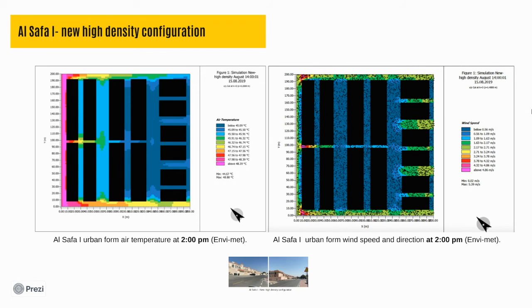The low sky view factor value results in a decrease in temperature, and the wind corridors between the rows of the attached villas enhance the wind movement, reduce the air temperature, and enhance the thermal comfort. The high height to width ratio and the low sky view factor have a more significant impact on reducing the air temperature, increasing the shaded areas, and enhancing the thermal comfort despite the effect of the high urban density.